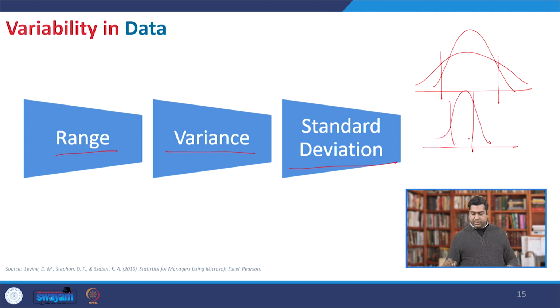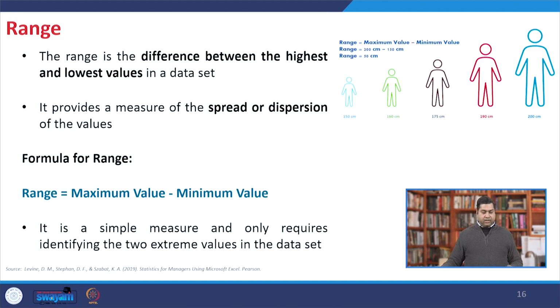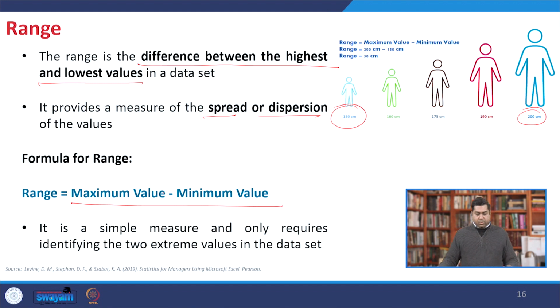So, the deviation is not that much. Let us understand that here the range is the difference between the highest and lowest value in a data set. If the height is concerned, the highest value is 20 centimeter and the lowest height is 150 centimeter. It provides a measure of spread and dispersion of the values, and then you can see the dispersion along the mean. The range is very easy to calculate, where it is the maximum value minus minimum